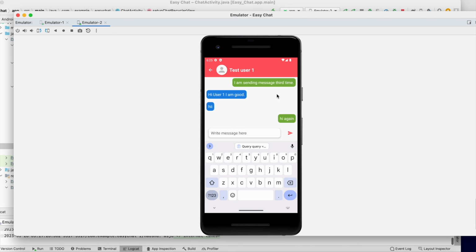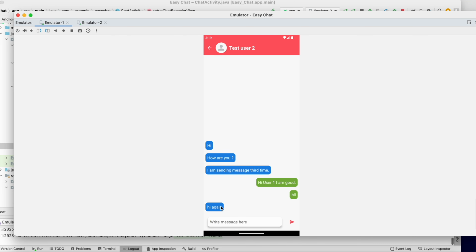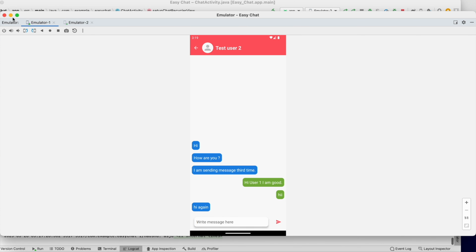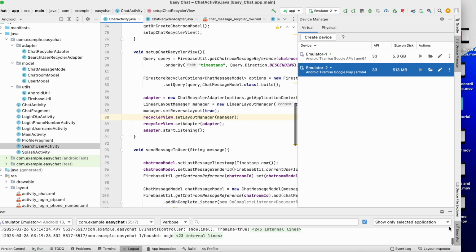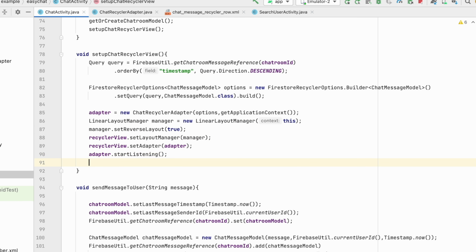When we send a new message it is not scrolling, so we'll fix that now. But if you see in emulator 1, we have got the message. So to fix that scrolling issue, what we will do is go over here in RecyclerView,